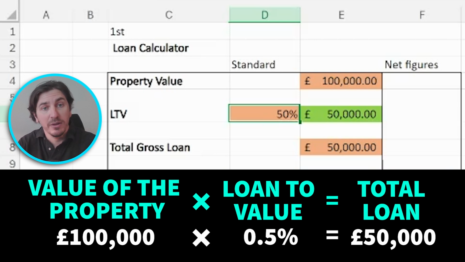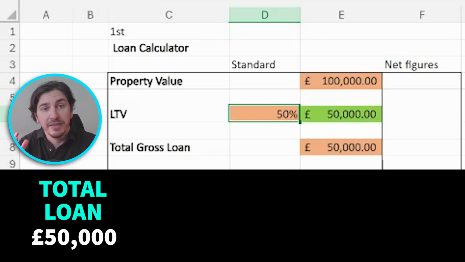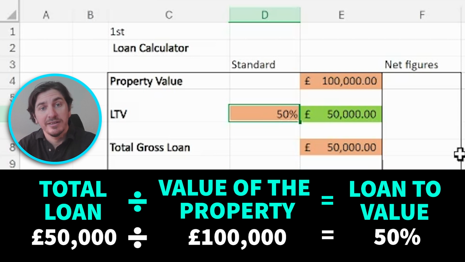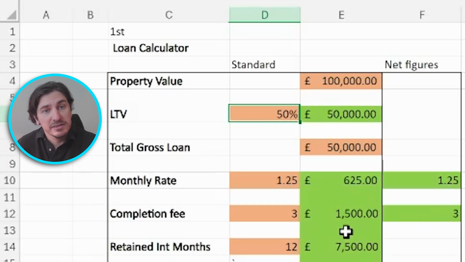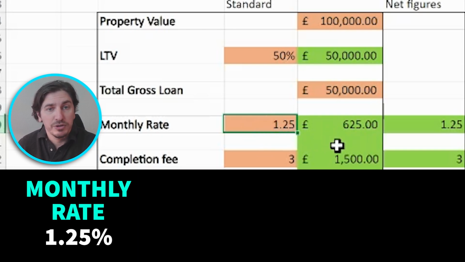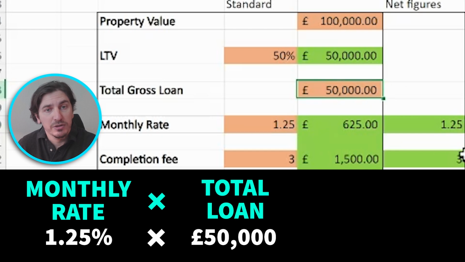If you want to work it the other way around, all you've got to do is take the gross loan, so the 50,000, divide that by the property value, which will then get you the 0.5. And in order to change the decimal into a percentage, you times that by 100. Then the same goes with the monthly interest rate. These are always expressed as a percentage. So all you have to do is, on your calculator, type 1.25 times by the gross loan, which would